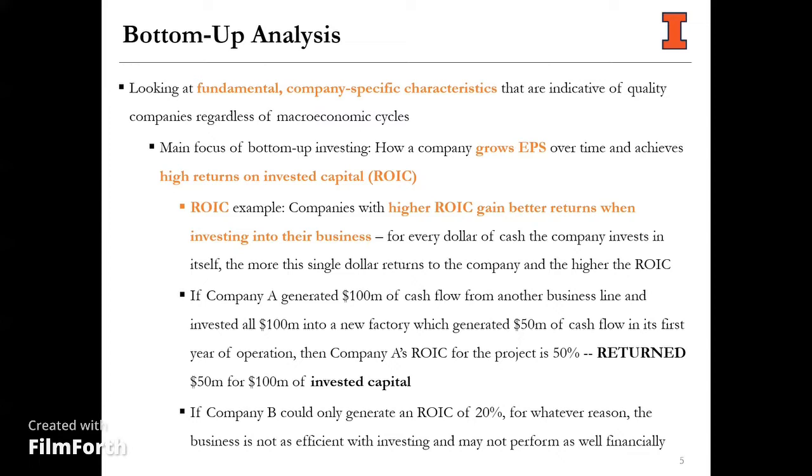Company A generated $100 million of cash flow from some other business line and invested that cash into a new factory, which generated $50 million of cash in its first year of operation. The company's ROIC for that year and that facet of their business is 50%. They returned $50 million for the $100 million of invested capital. And if a company could only generate, for example, 20% ROIC on that investment in that factory, they're simply not as efficient when investing in their business, and perhaps may not perform as well as a company and thus